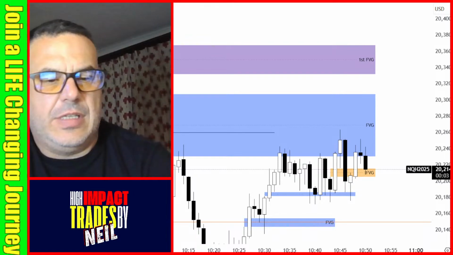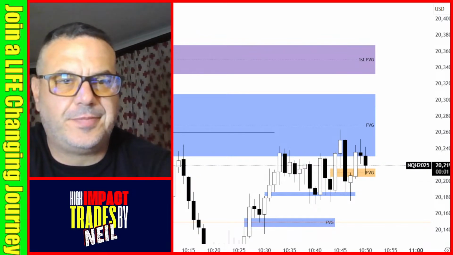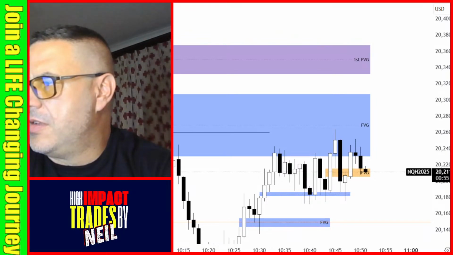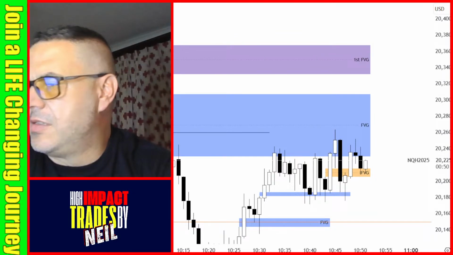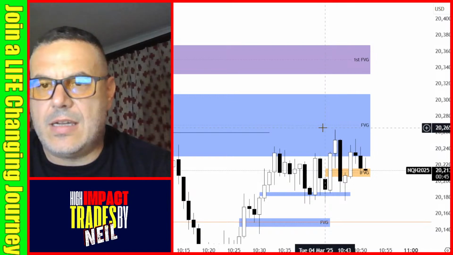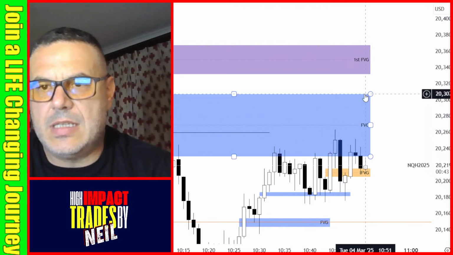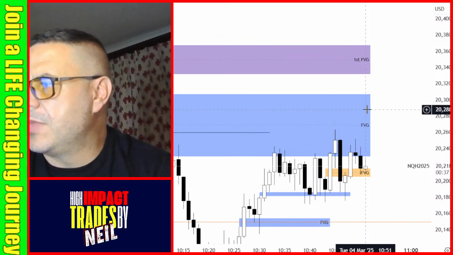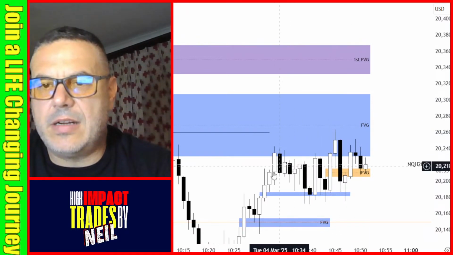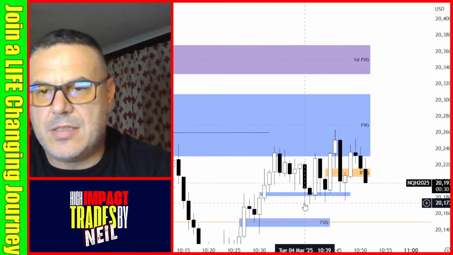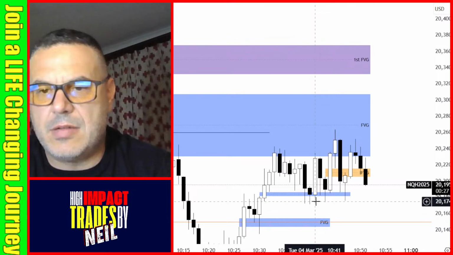Nothing fast and furious yet, so maybe it just doesn't want to move. I want to see a candle take out these highs by closing above it, and then give some sort of indication that there is momentum to the top side. But currently, you can't look at this and say yes, that's great. There's a bunch of lows here, then it's lower, then it's lower than that one, it's low.